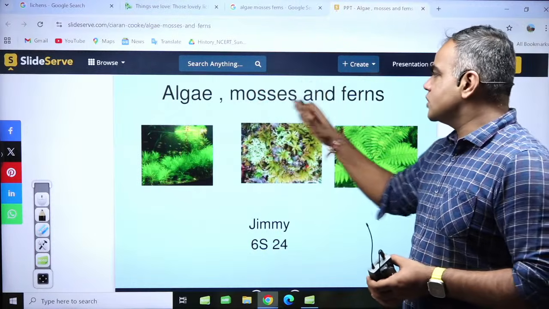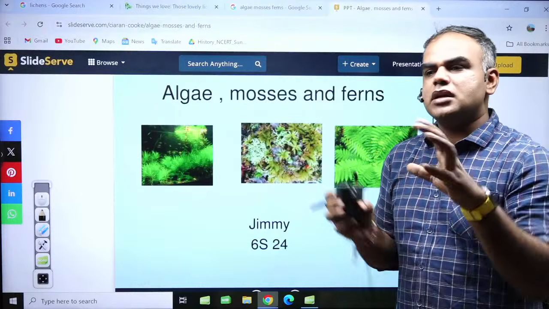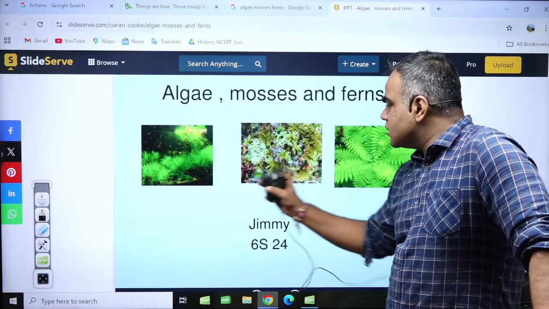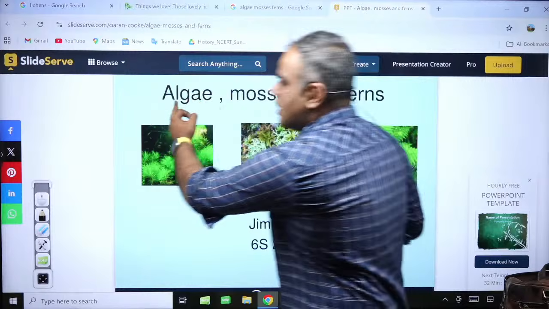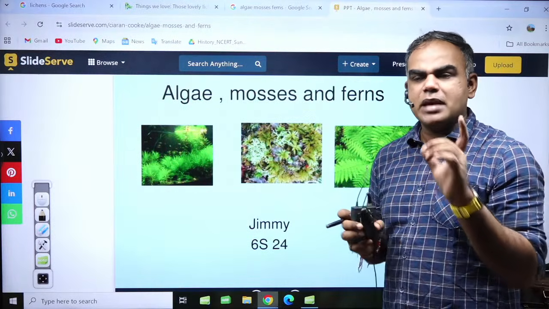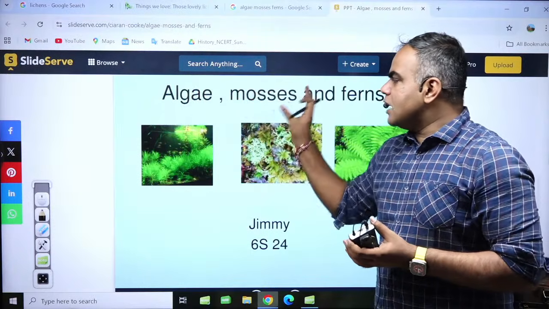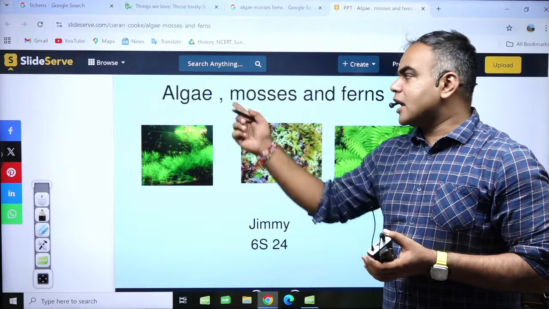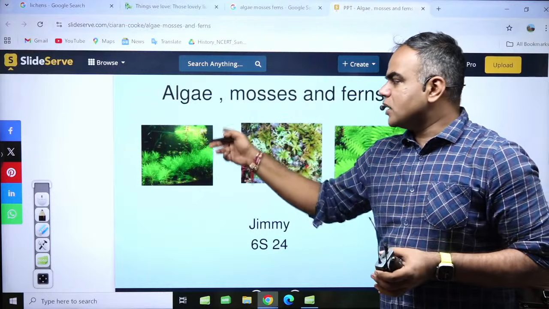So algae, mosses, and ferns. Algae will be highly undifferentiated. Undifferentiated means कोई proper structure नहीं है. Okay? Mosses are still having some structure. So algae, when algae combines with fungus, क्या बन जाता है? Lichen बोलते हैं उसको. Algae plus fungus is lichen. Okay? Lichen and mosses, these are your pioneer species. Algae cannot survive on its own because algae also needs shelter. Okay, so this is one.